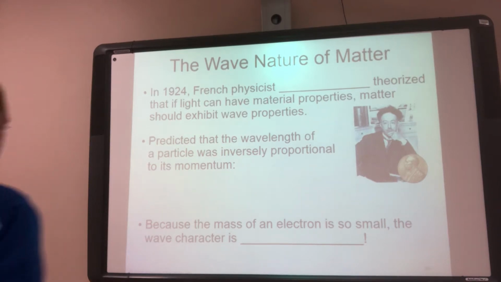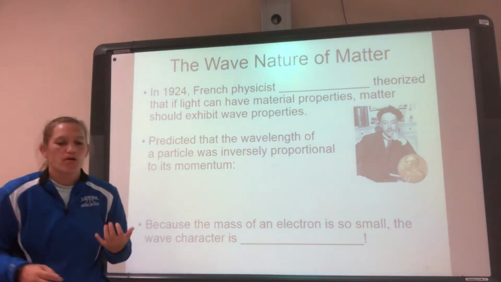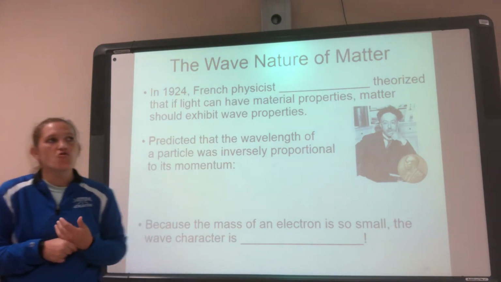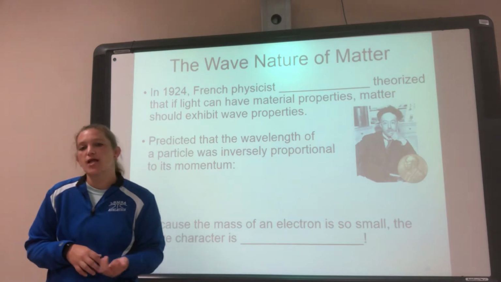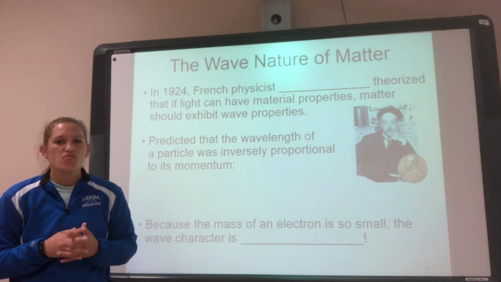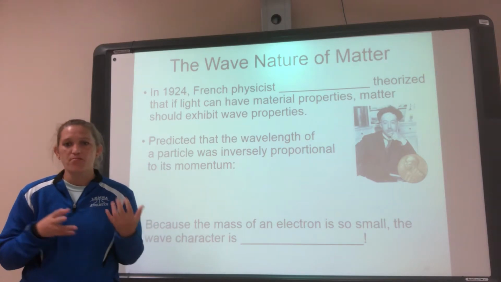So we're still investigating things about the electron. Remember we said that light, we have particles and we know that it's going to act like a wave and we know it's going to act like a particle. And that's for light. But we wanted to also associate that concept with my electron.